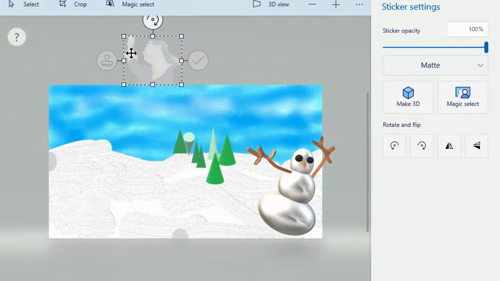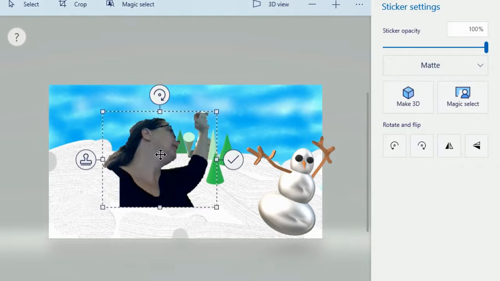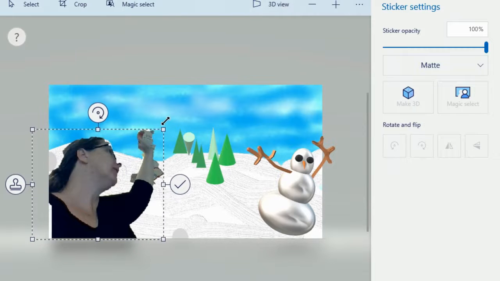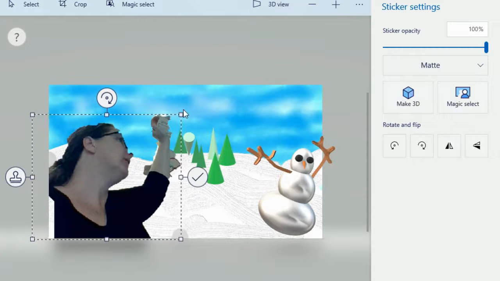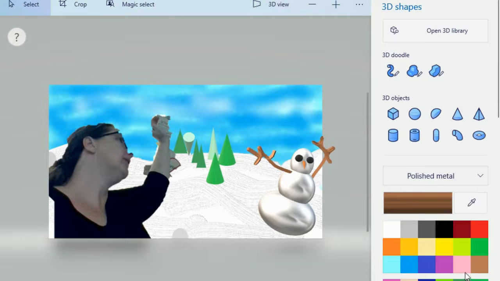Okay. So now bring that down. I want to be facing the other direction, so I'm going to come to this flip horizontal. I want to be bigger. Oh, I cut off my nose. Oops. Oh well. All right. So now I've added my sticker, and I'm going to come to my 3D shapes, and I'm